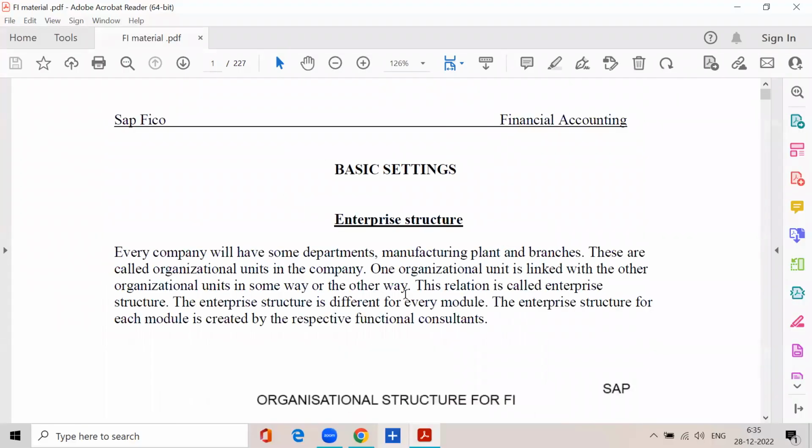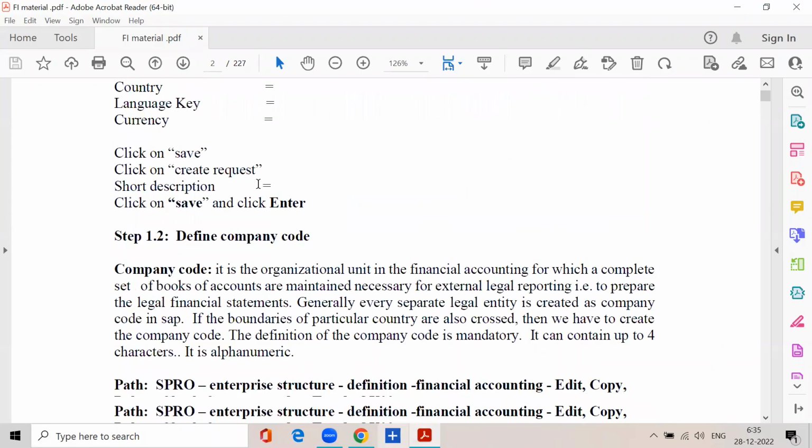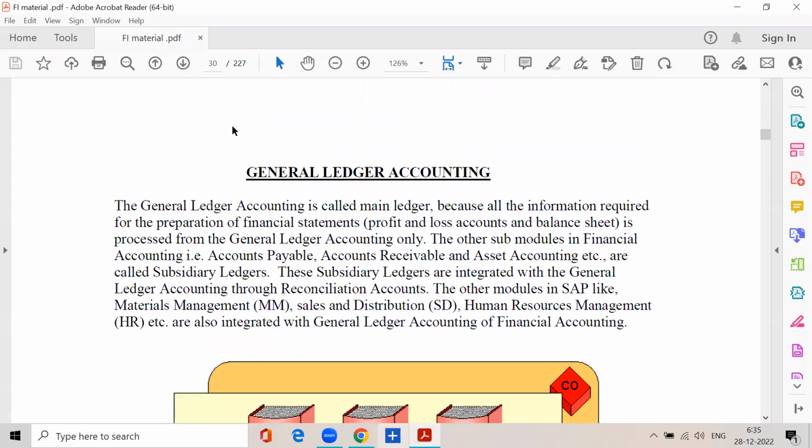Today we start general ledger accounting, and I have sent this material to all of you. General ledger accounting is called the main ledger because all the information required for the preparation of